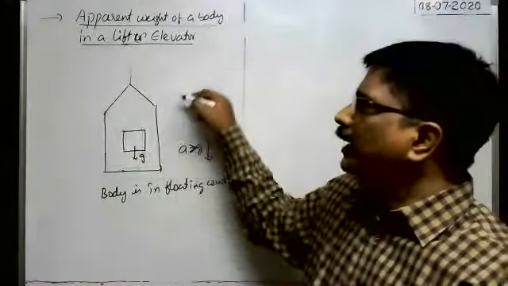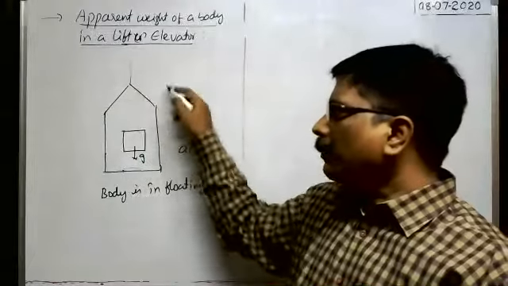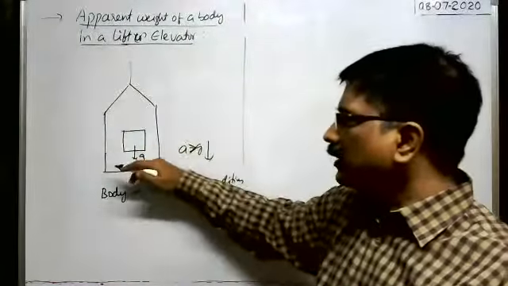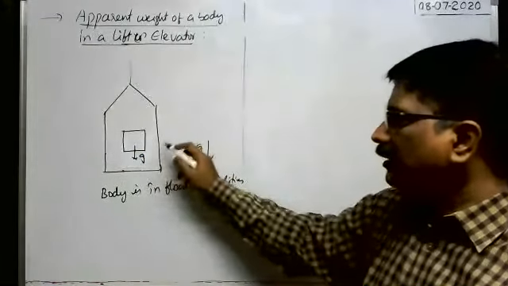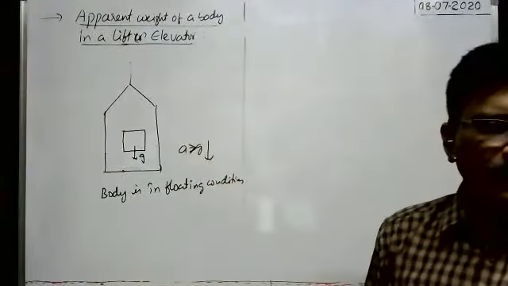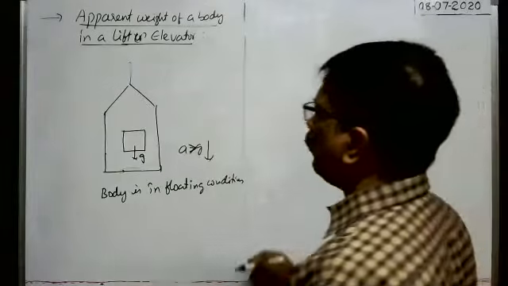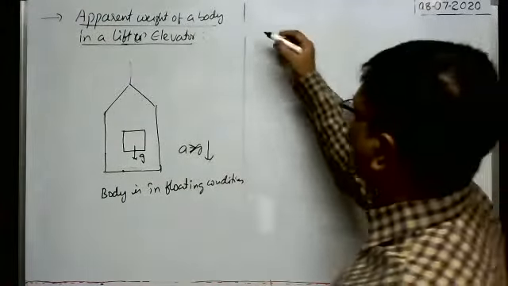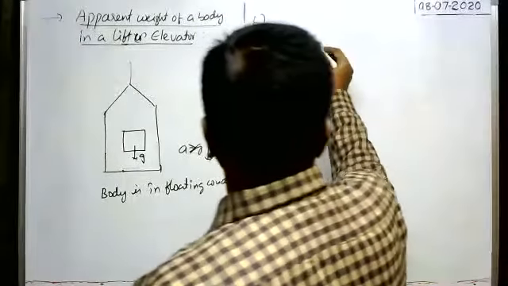Suppose it is in open condition. If the top of the elevator is open, in that case, definitely it comes down with acceleration G only. It falls like this. It falls with greater than acceleration due to gravity. Okay. Next one was here. What is the next point? 6th one. Okay. Next, 6th one, very, very important.